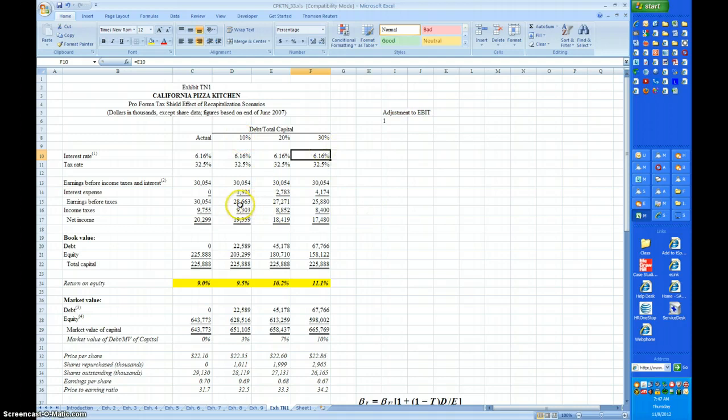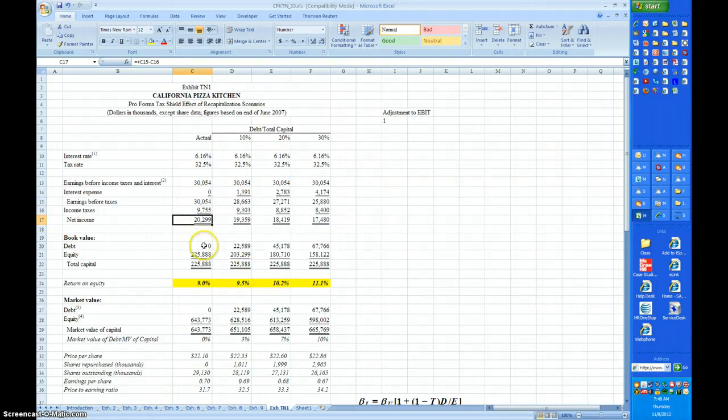These are the three scenarios. Their earnings before interest and taxes was $30,054,000. Since there is no debt, there is no interest, so that's also their earnings before taxes. They pay taxes at a rate of 32.5%, and net income is